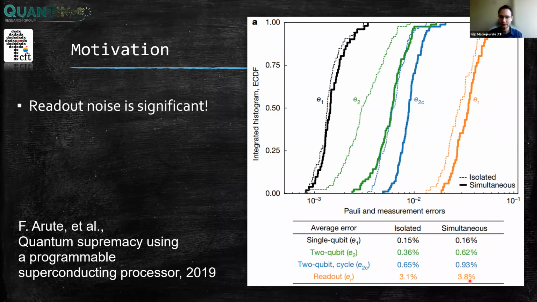They write here that the average readout error is on the level of around 4%, and in practice I've seen even much higher figures in actual experiments, for example on IBM's machines. So in general, this is a significant source of errors, and it makes sense to develop methods to characterize it, which can help, for example, for some error mitigation. If you know the noise model, then you can try to somehow reduce the errors.